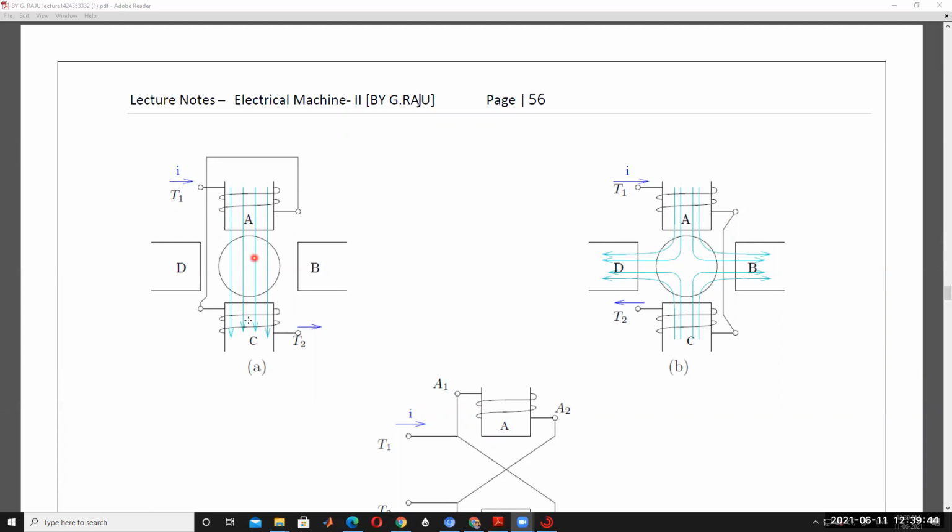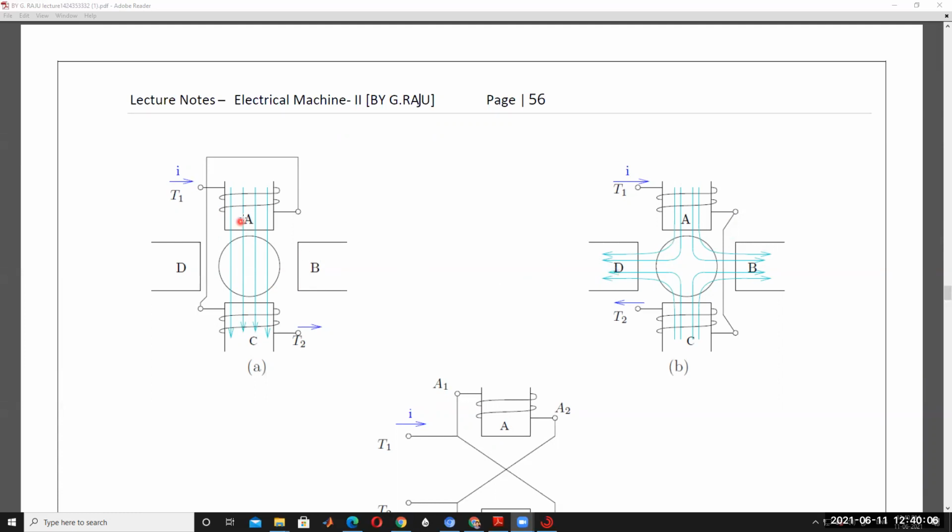One series connection of these two windings causes a two-pole machine. Here the pole phases are not acting as poles. Here it is acting only as a two-pole machine. Here it is acting as a four-pole machine. Because of this, the machine also acts with these pole phases as poles.